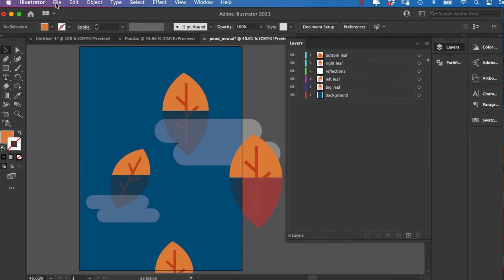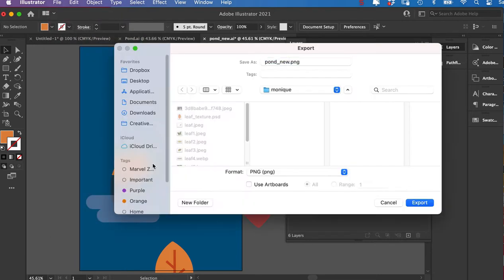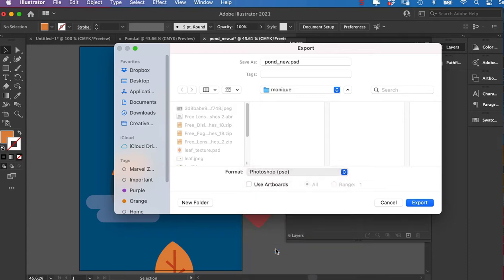and now I need to go File, Export, Export As, and then I'm going to get my Photoshop option. I'm just going to call it Test VSD. This one here, Use Artboards, means that when things go out over the edge of the page, that's where it'll cut off. It'll cut off to the page. So now if I go Export,